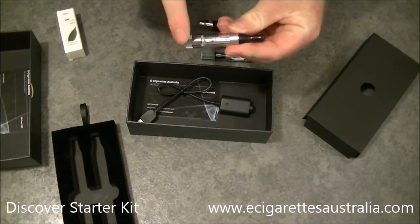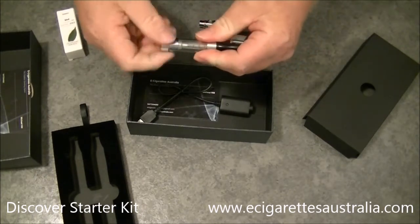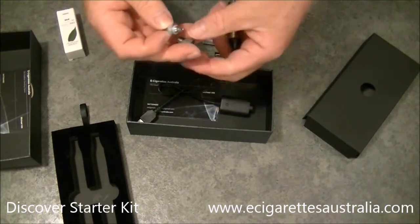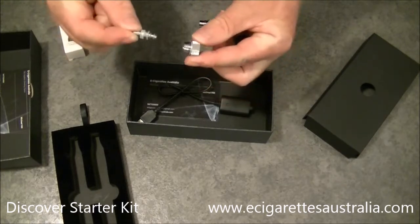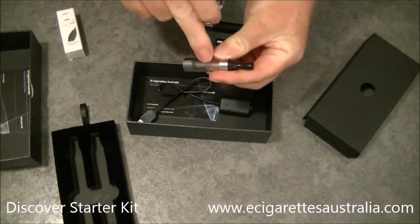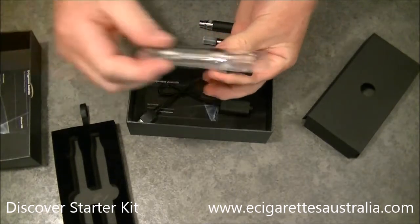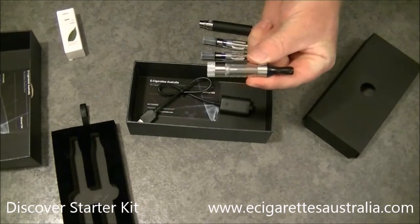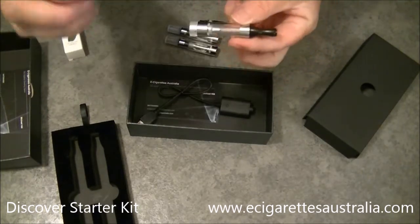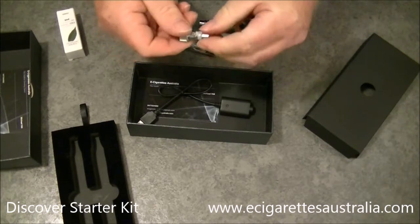Now these ones you don't have to replace the whole unit when they're burnt out, but you actually do with this unit. What I mean by that is they do have a replacement coil, which is here, so when the unit stops functioning you can replace the coil, but we don't stock this coil for this brand of T3 clearomizer. Like I said, this is an iJoy model, but it will give you a basic overview of how this clearomizer works. The ones we stock are a Kanga brand. So if you like this clearomizer over the other two, which I'll explain the differences shortly, you will need to replace this whole unit with one of our Kanga models. And then with the Kanga models you can just buy replacement coils,